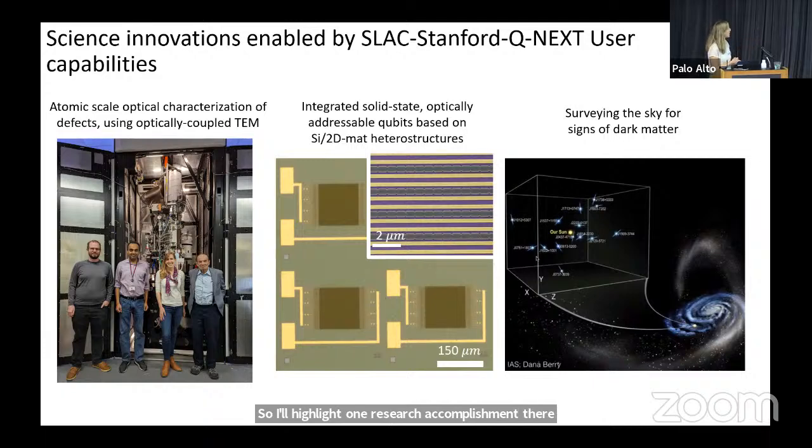Then I'll also talk about some of the fabrication efforts that have given rise to integrated solid state optically addressable spin qubits based on some of these silicon 2D material heterostructures that have been enabled by using the SLAC foundries in the Stanford clean room. And then finally, I'll have just a quick slide on what SLAC is doing basically to detect dark matter using